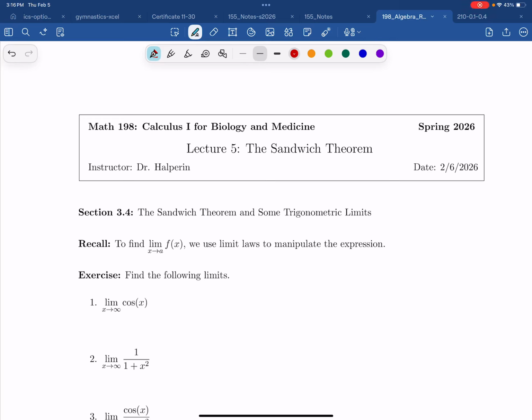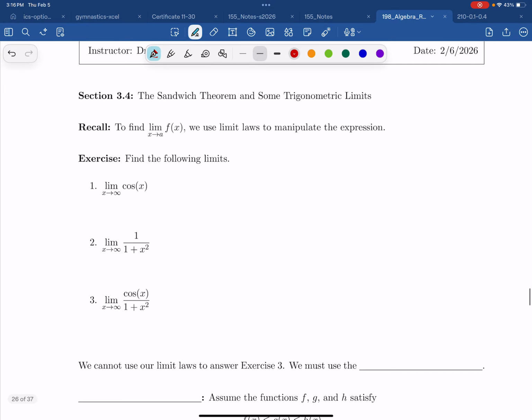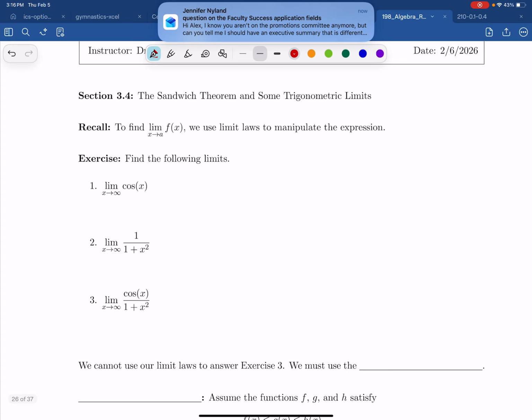This video covers section 3.4, the sandwich theorem and some trigonometric limits. Here we're going to learn a new limit technique that helps us find limits for expressions involving trig functions. Or I should say maybe functions involving trig functions. Anyway,